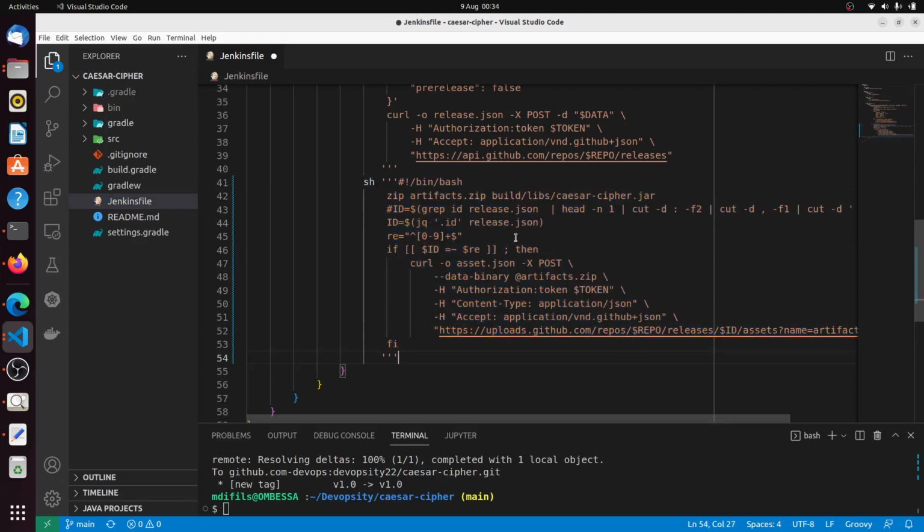Okay, as I said, I'm using a zip here because remember when we build, we have this new directory build and the libs, and then we have the jar file. That's the jar file we want. We want to take this jar file and zip it. We will put it here in artifact.zip, so inside we will have the jar file. All right, and as you can see here,